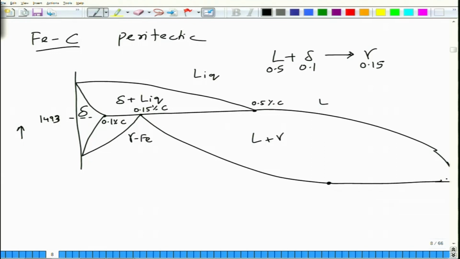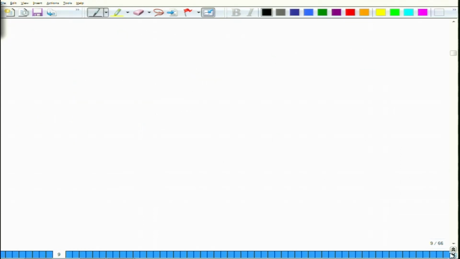So this is the peritectic region of the phase diagram, and you can draw the microstructural development the way it happened. So this is the delta plus gamma region, and this is the liquid plus delta region. If you look at the right part of the phase diagram, which is the eutectic part,